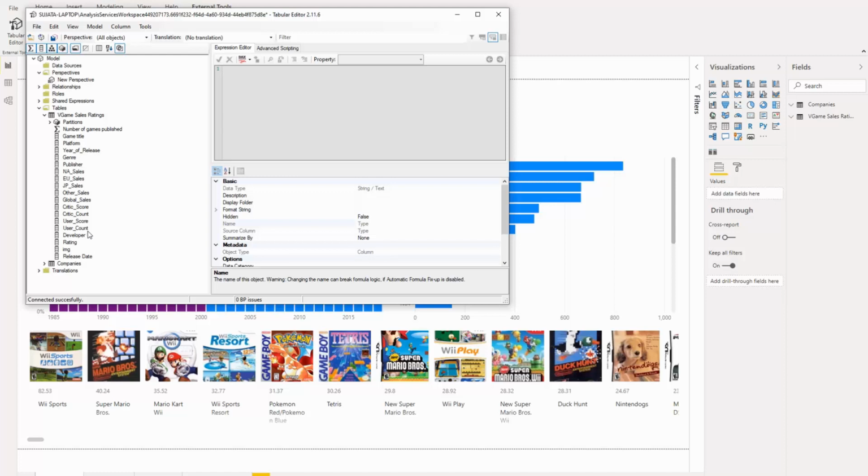So I'm just going to go ahead and select fields I think are actually going to be helpful, either dimensions or measures that are going to be helpful. So let's click Show in Perspective. And then we can go ahead and put some of these measures I think that would be helpful. So let's add global sales,